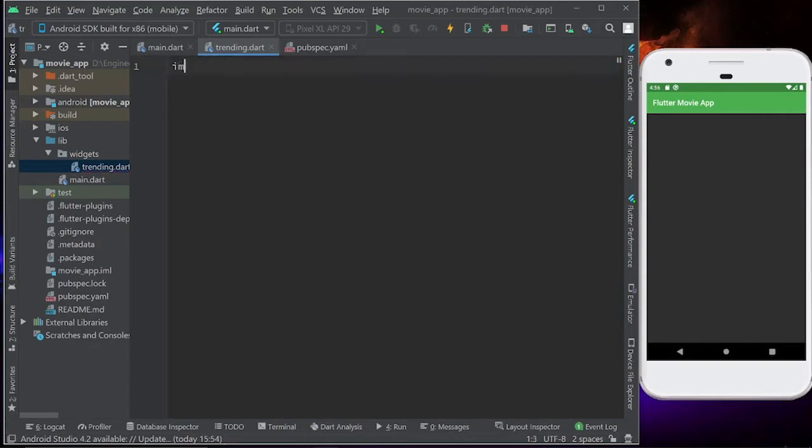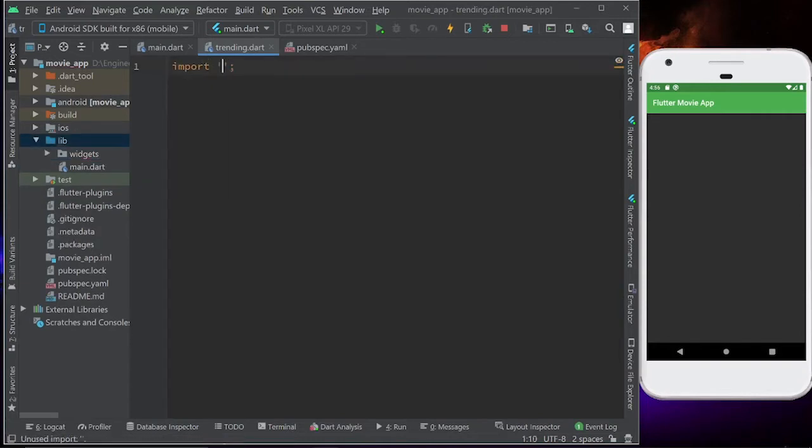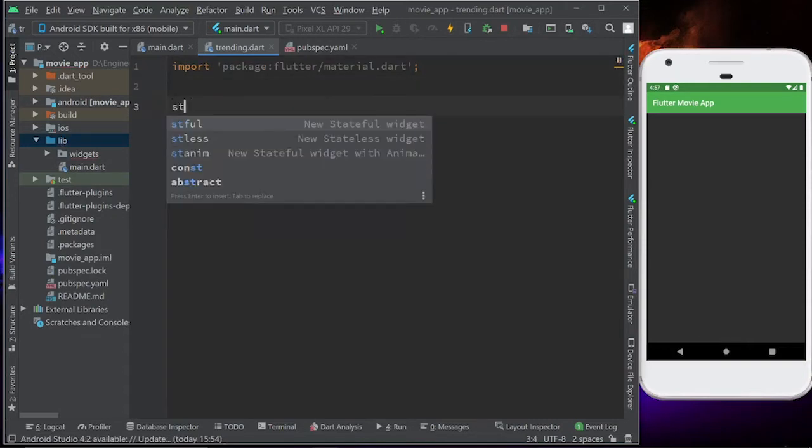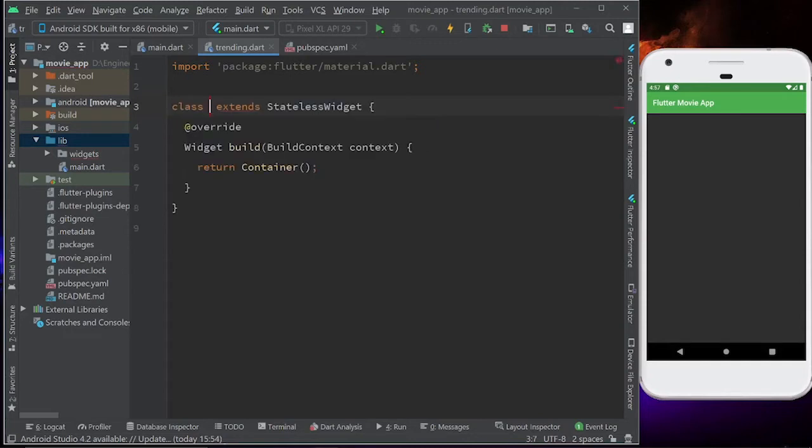So first of all I'm going to import material dot dart, and after this I'm going to define a stateless widget because we don't have to change the state in this widget. So let's name this page as trending movies, and yes, perfect.